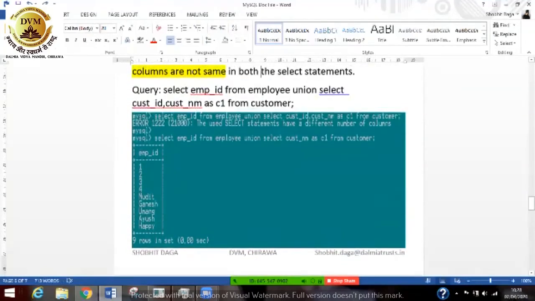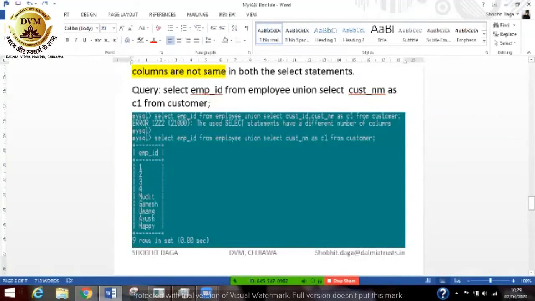But what if we try to do a union on columns of 2 different data types? Select EMP ID from employee. Here EMP ID is of type int, and we are unioning it with the customer name column of the customer table.